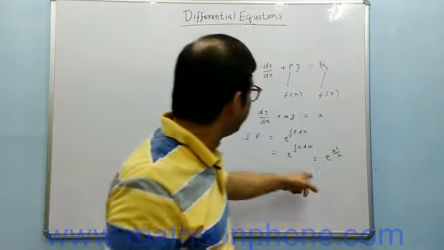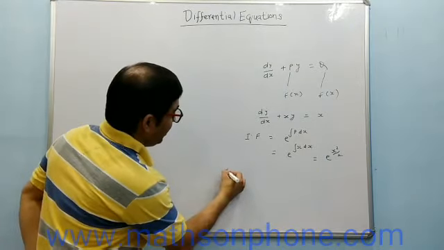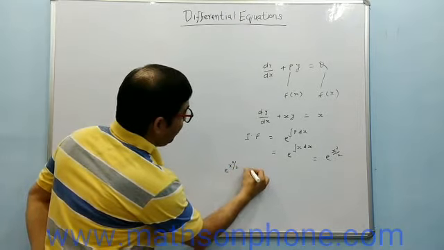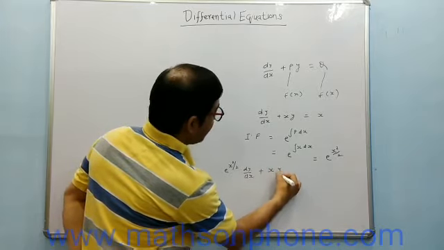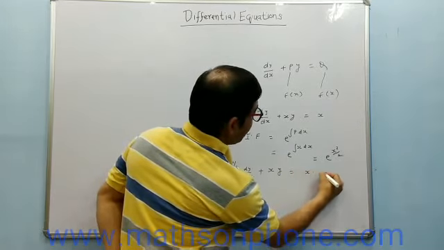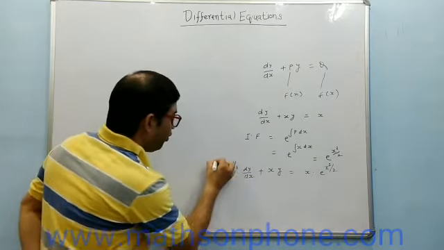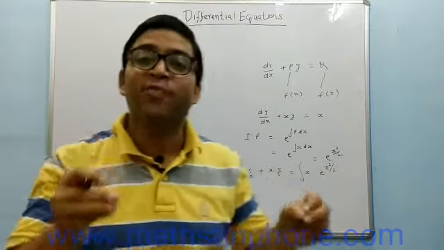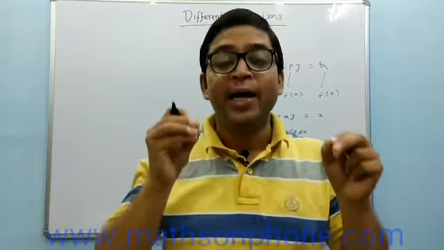When IF is multiplied with the original equation, it is coming out to be e to the power x square by 2 into dy by dx plus x into y is equal to x into e to the power x square by 2. Now if you integrate both sides,